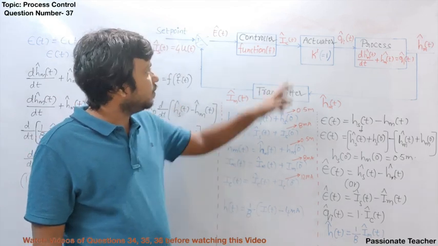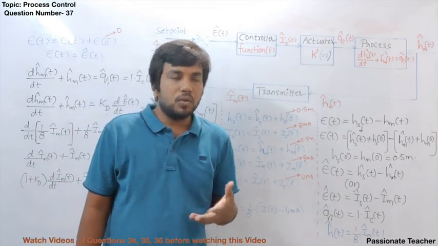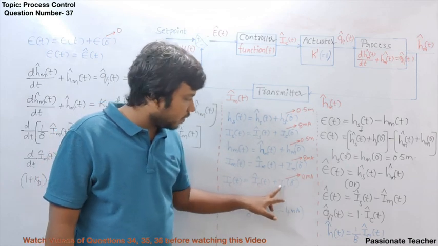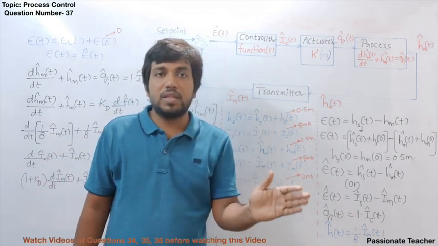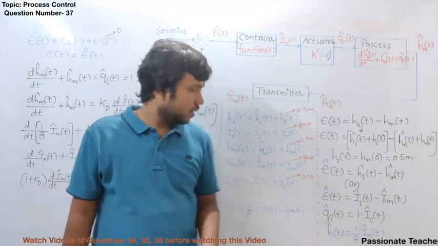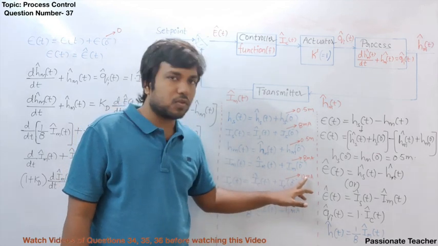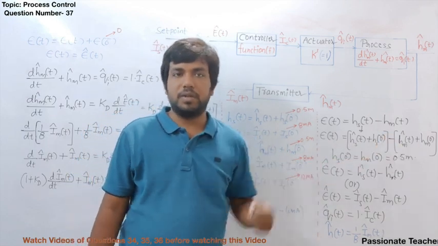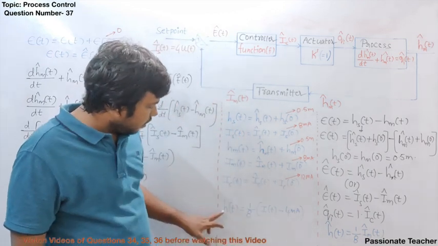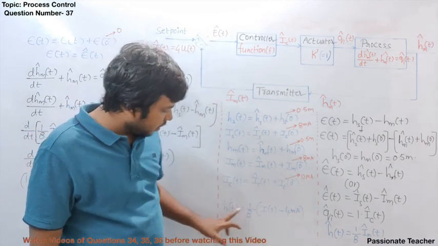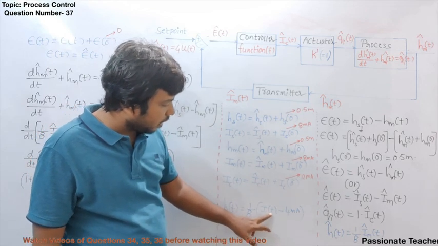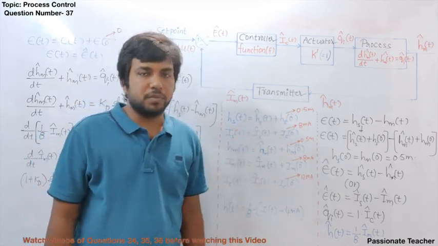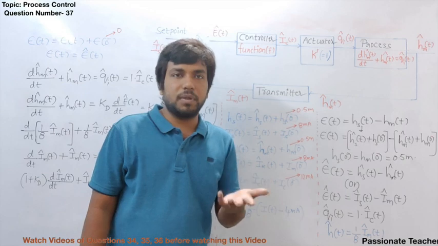When it comes to Ic of t, the controller current, we all know that the controller current also deviates. That means the change in current Ic cap of t plus Ic of 0 minus. Before we change the set point, the initial value of the current generated by the controller is 12 milliampere. This is called the controller bias. I have been explaining the same point for the last 3 videos. Now the relation between the water level and the current is given by H of t equals 1 by 8 into I of t minus 4 milliampere. This is the equation we get from the linear operation of the transmitter. Please watch the previous 2 videos, it will be clear to you.